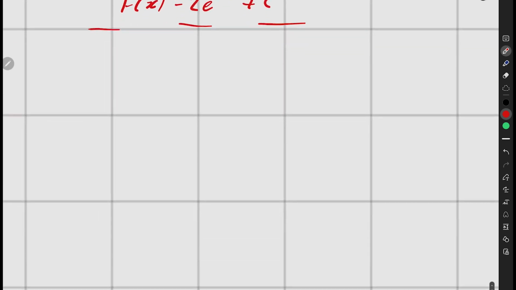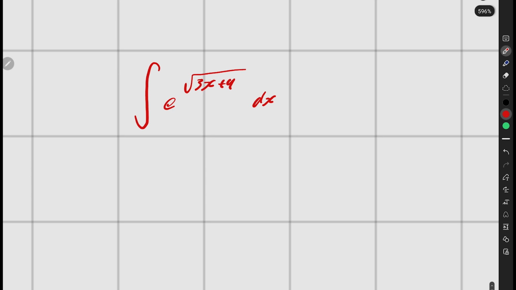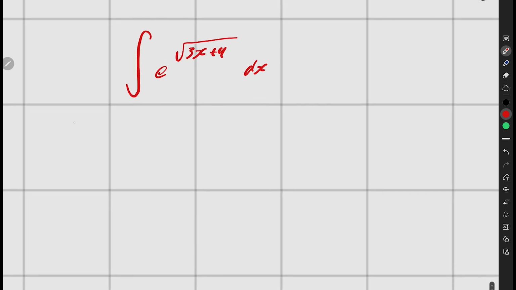Okay, this is a good one. So let's say we were asked to find the integral of e to the power of the square root of 3x plus 9 dx. Alright, this one we're going to have to think about. So, we need to set u. And again, pause the video, give this one a go, and then come back. So let's set u equal to, what can we set u equal to? I reckon let's try setting u equal to